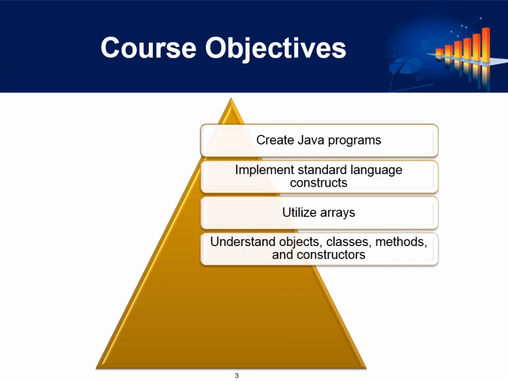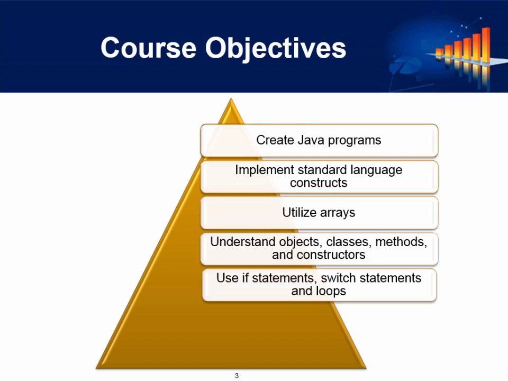Java is an object-oriented language. So we're going to discuss, well, what does that mean? What's an object? What's a class? What's a method? What are constructors? These are all terms that are built in specifically to object-oriented languages. Now, not all languages are object-oriented. C and Fortran and COBOL, those are not object-oriented languages. But Java is. So we have to really talk about some of the theory and how to approach our programming from an object-oriented perspective. So we'll be doing that as we go, building our own objects and classes,